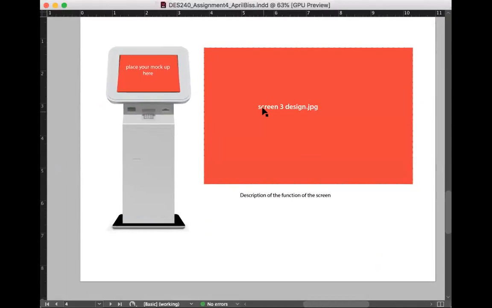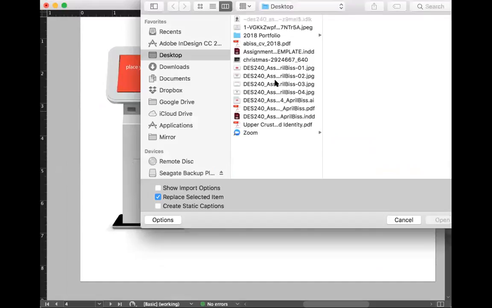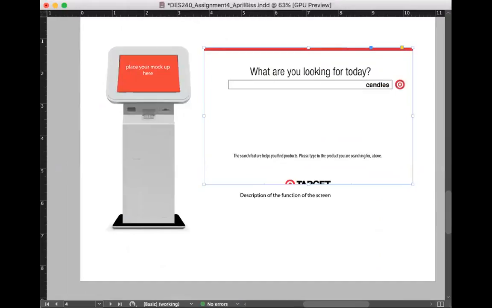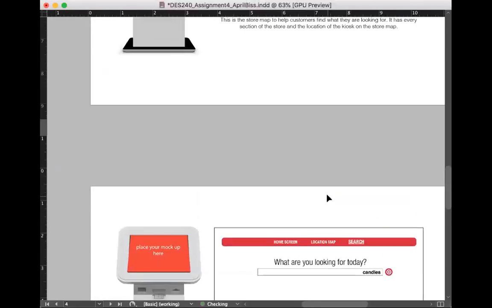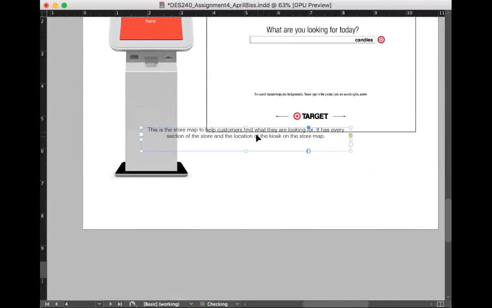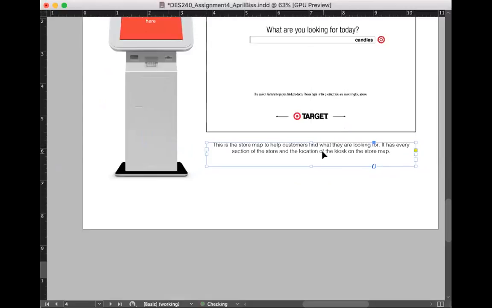All right, third screen, ungroup. Get rid of the copy here. Grab the third screen. Go frame proportionately. Give it a nice black border. Paste this so it's perfectly unified. For the search screen, I write: the search screen feature lets the customer